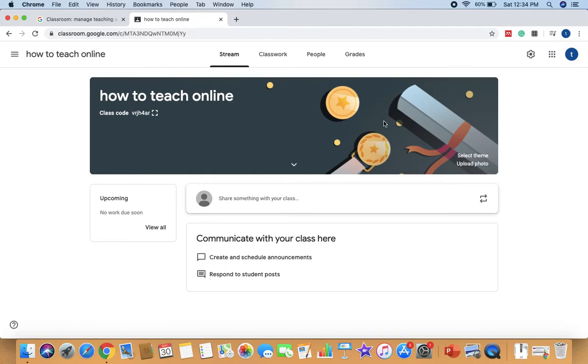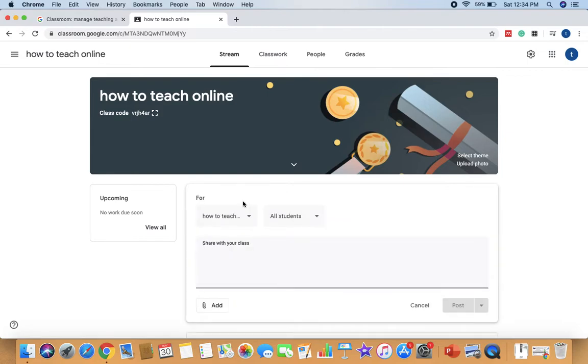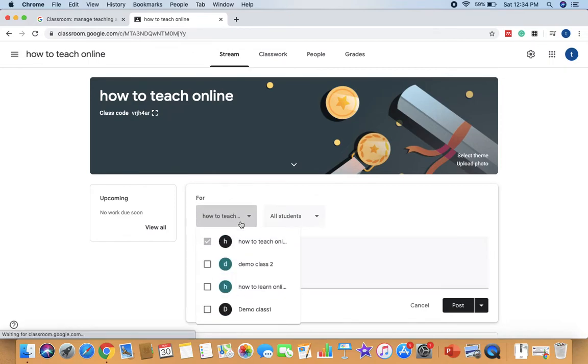Stream is a page. This is a place where teachers and students interact. This is a place where we can give notifications, right? It is not a place where we upload our material. This is a place where students get notified of all those things which we are doing here in our classroom. So I'm welcoming all.